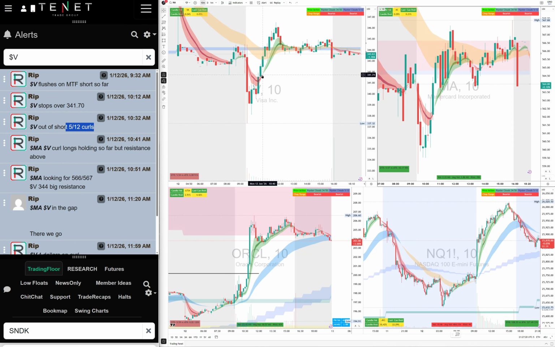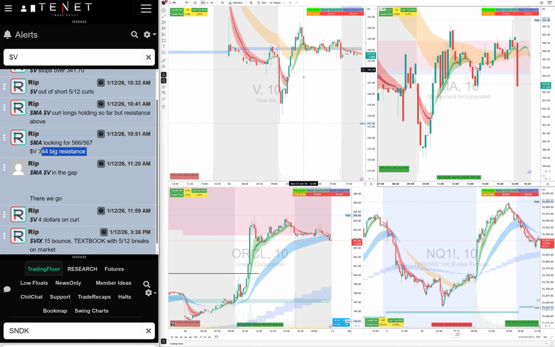This is the long call buy, 341s on Visa, 562s here on MasterCard, and for MasterCard we're looking for 566, we're looking for a $4 target there. Visa we're looking for 344 first, and then we're going to push higher, and then we did get into the gap. So you see that if you're buying right here, your stops are under the 512 clouds, or even if you're risking $1, we ran from 341.50 all the way to 345.60, you're making $4 and you're just risking $1.50. That's a pretty good risk reward trade.